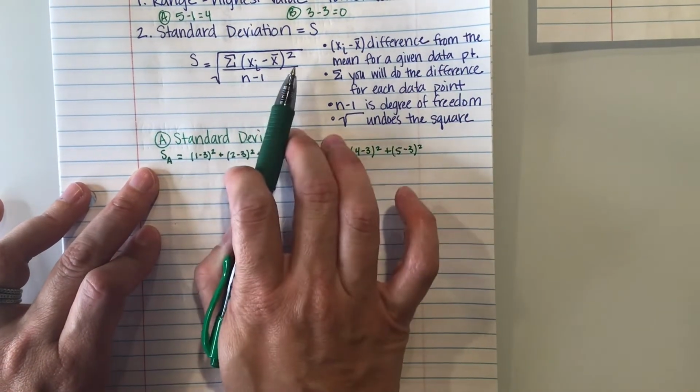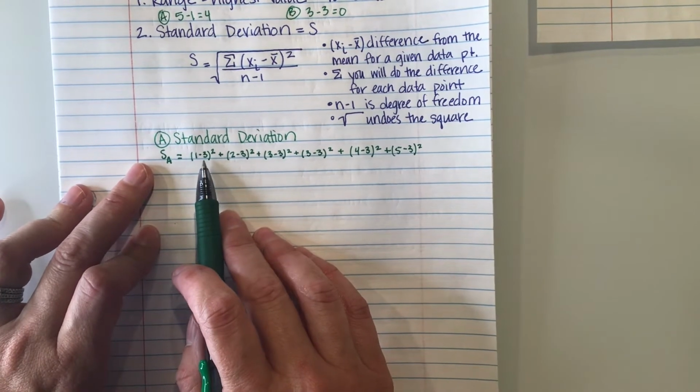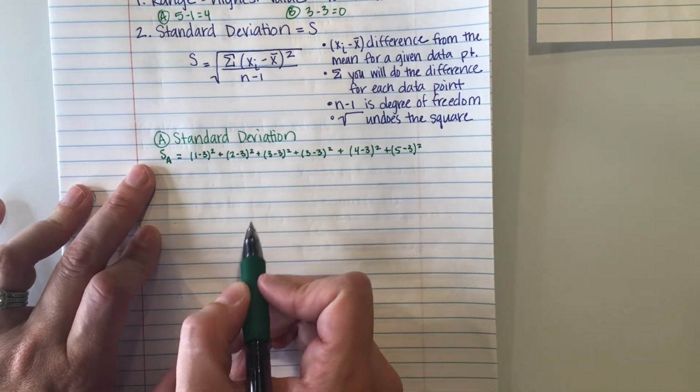Okay, so that's the sum of all my data values minus the mean. And then I'm going to divide it by